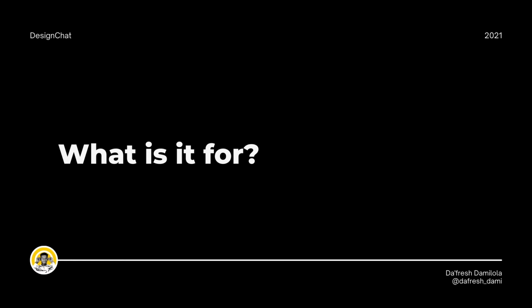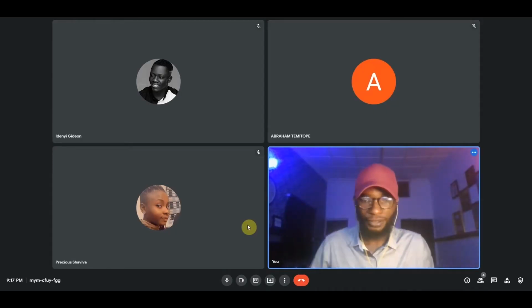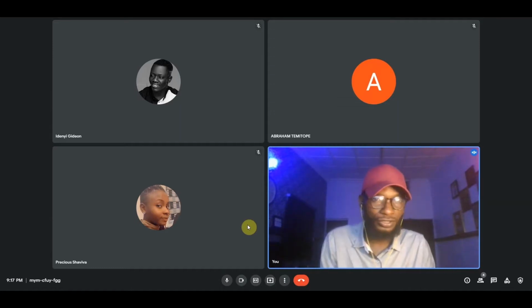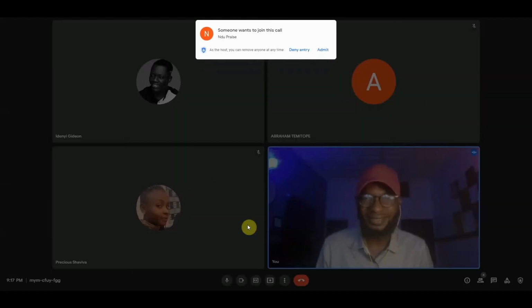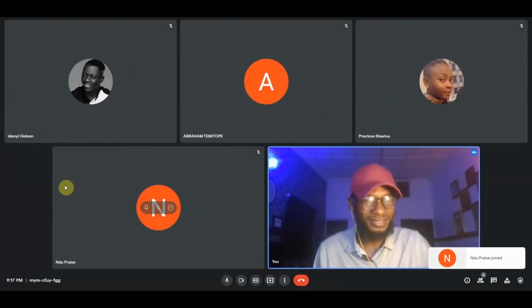What is this design supposed to do? Where is the design supposed to live? Where is it going to be used? Is it going to be on social media? Is it going to be a printed design? Right? You first of all understand that, because the way you create a design that will be used on social media is different from the way you create a design that will get to be printed, right? And that is just the fact.